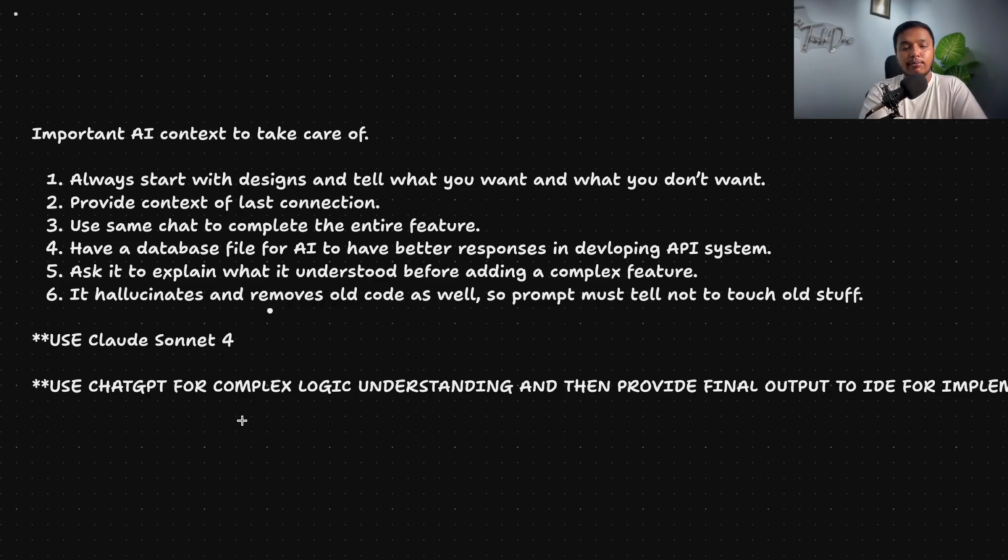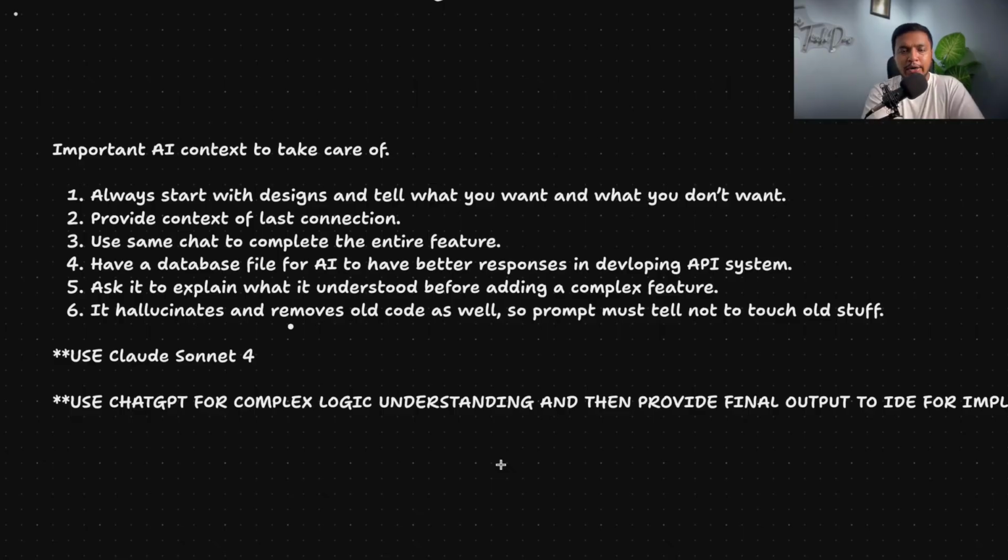Now let's say you are talking about some very complex logic that you don't even know how to solve. So rather than chatting on Cursor or using Claude Sonnet 4, first go to ChatGPT for understanding the complex logic and what should be the most robust output of that problem. Once you are sure of what should be the optimal output, then ask ChatGPT to create a prompt for you, saying that I am using Cursor, using this model, now create a prompt for me so that I could get the right output. Also, if ChatGPT provided you some code blocks, use that as a reference for your LLM to understand and implement it easily. That way you will have a very good quality output in minimal time.